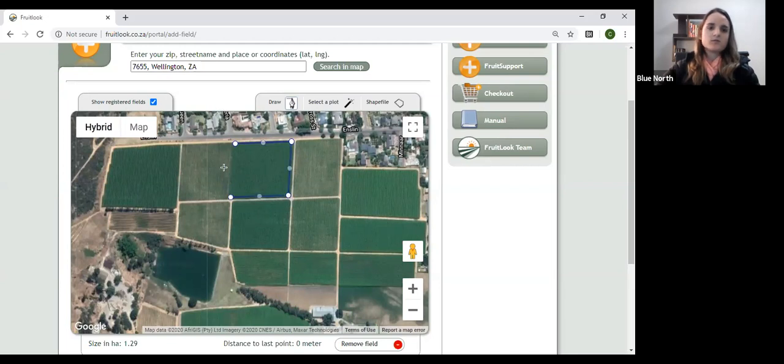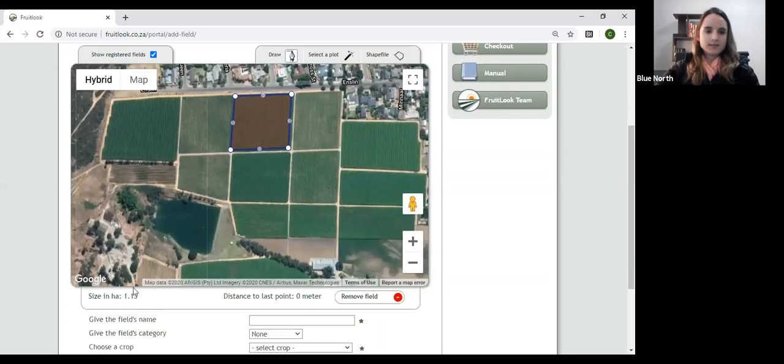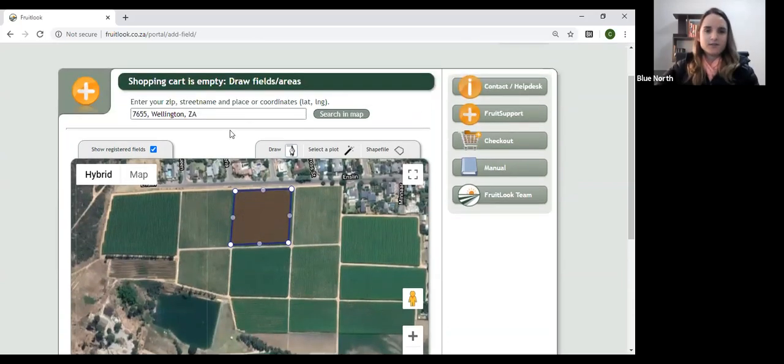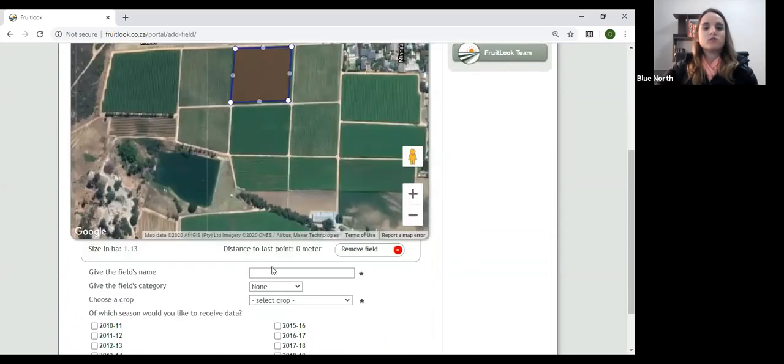And preferably also do not draw your field in too close to the road because that will cause a boundary effect to occur. And when it goes red, you'll see that means that it's now successfully been drawn in. You'll once again see your hectares at the bottom here, and you can also resize as you like. But if you're happy with the field that you've now drawn in, you can move on to start